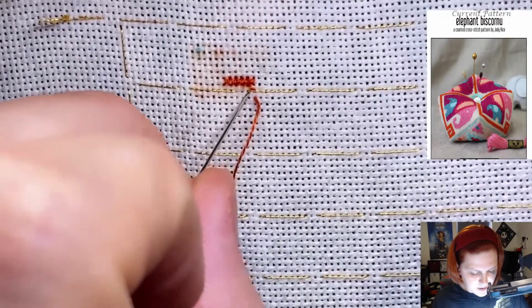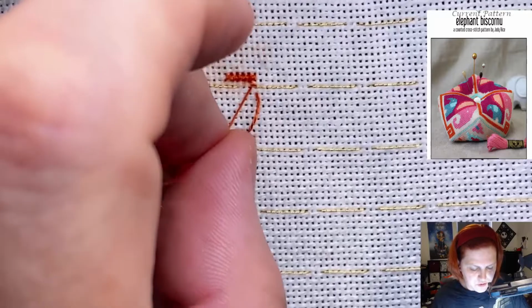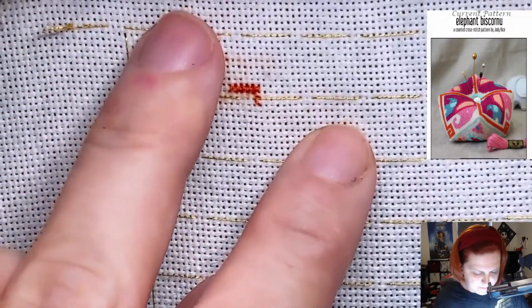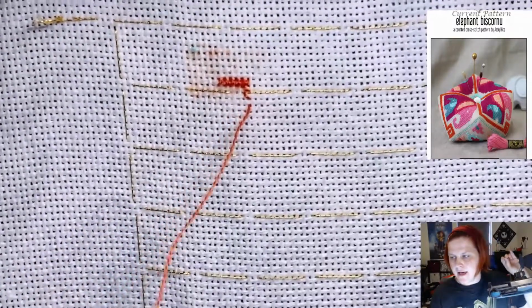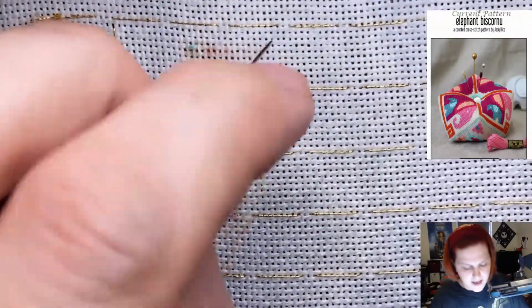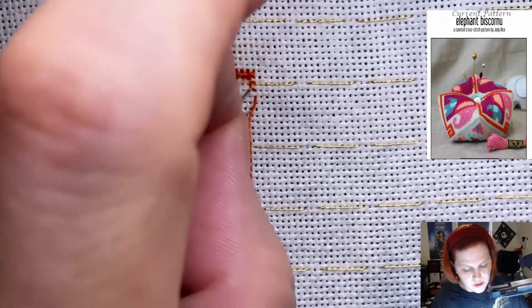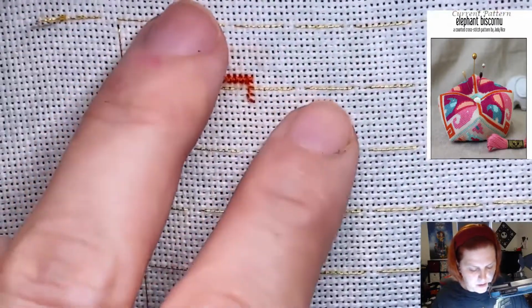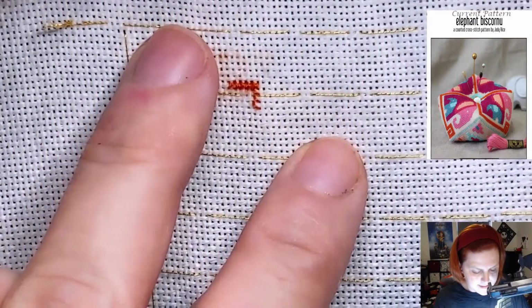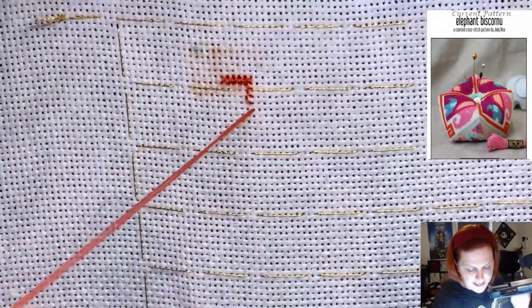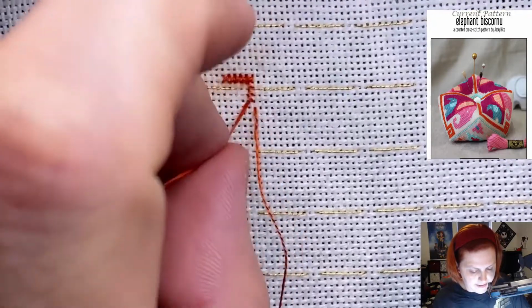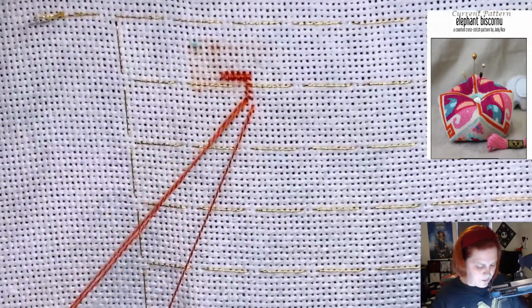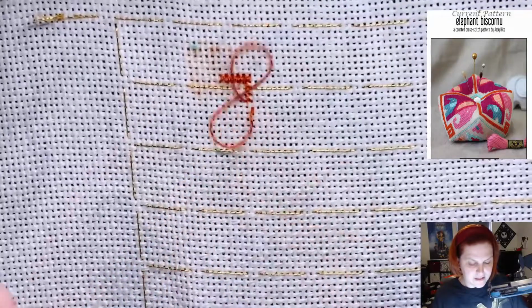I got done with the strand I was using, which gave me about 60 stitches, and realized that I was stitching 2 over 1. So I had 2 threads over 1x, and I did not want that. It was too bulky looking. That's why I was having issues with the way it looked, because it was too thick.